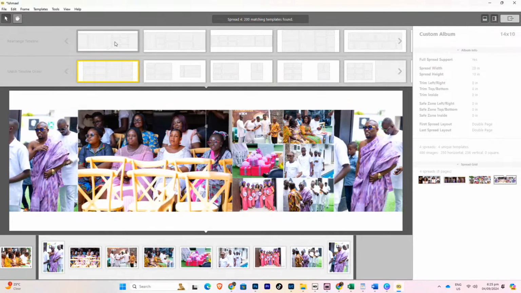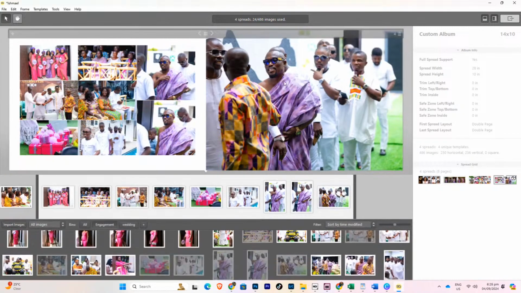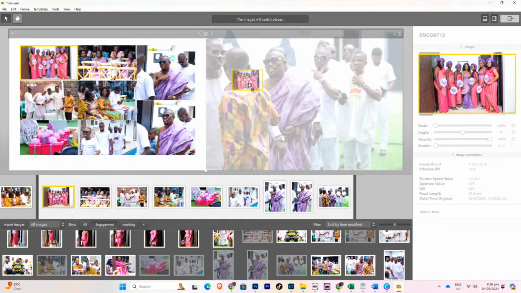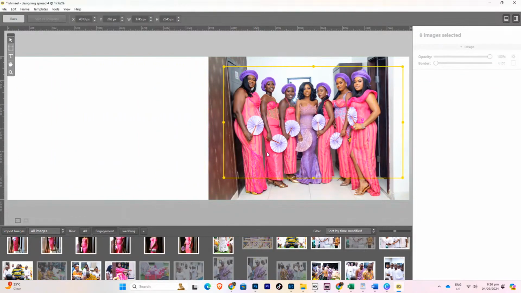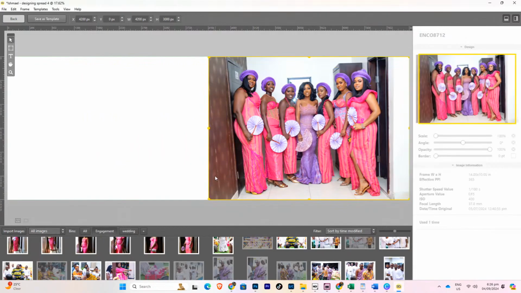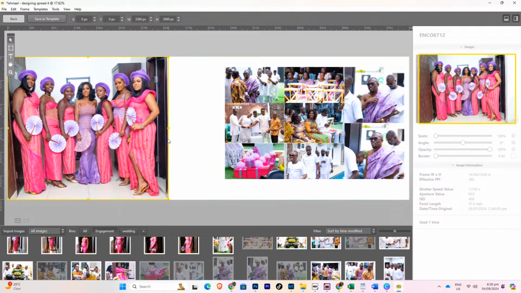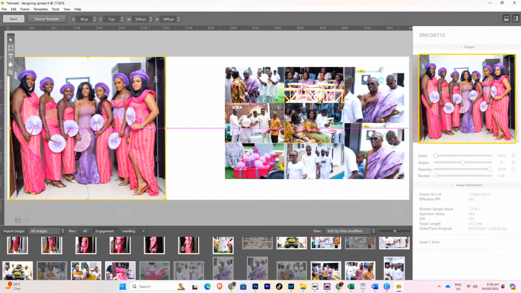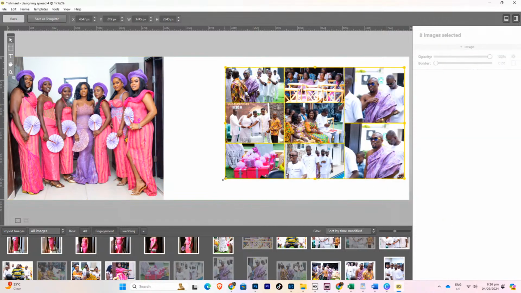I'm going to use a template. So I'll pick this template. Now my template I'm using, I'm going to put the ladies here. So I can double click inside the workspace. I can drag all of these to one side because the ladies, I want them to come first, and then close up that empty space over there. Okay, it's going to crop it. Then I can now select the other pictures, expand it to,